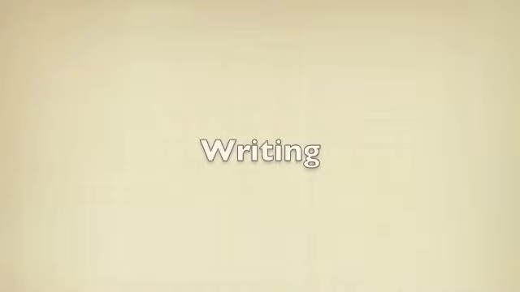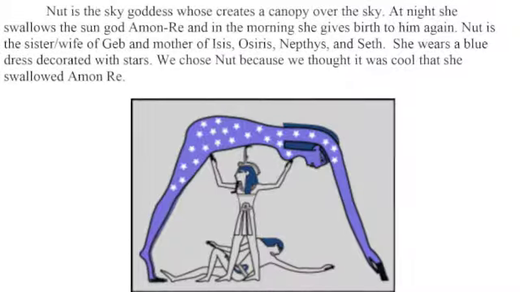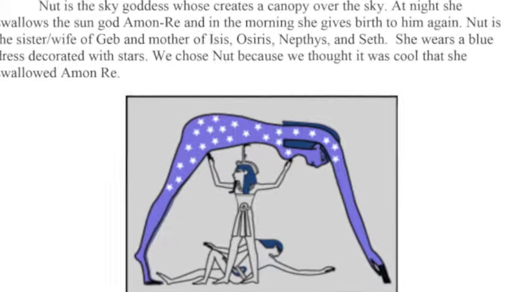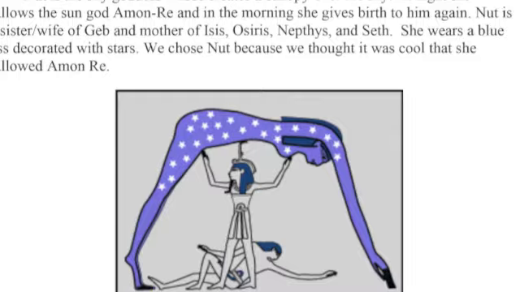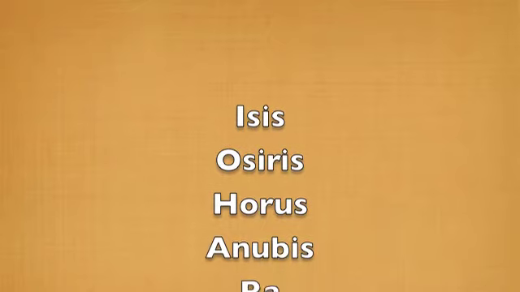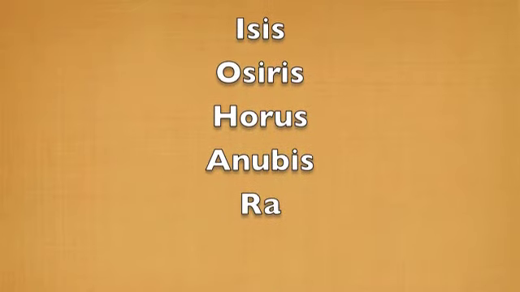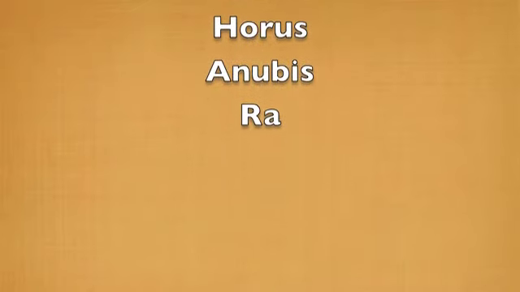I also have the students write, or should I say type, about one of the gods from Egyptian mythology. They choose their favorite deity to research for this assignment from a list of 5 that I have provided. I wait for them to complete the assignment, and I use that to help me group the students for the remainder of the unit. It is surprising how it all works out, and the groups naturally come together based on